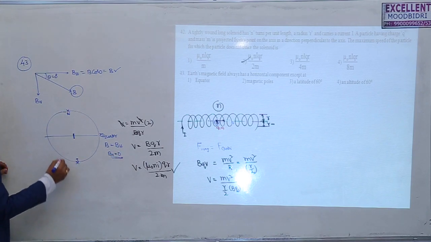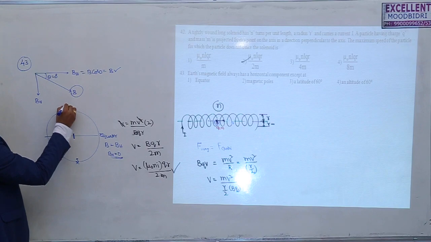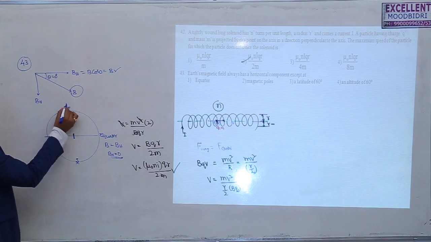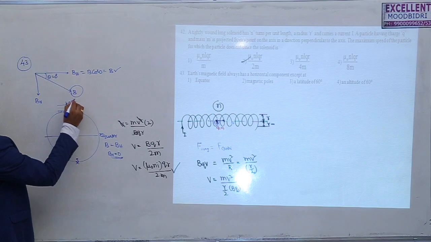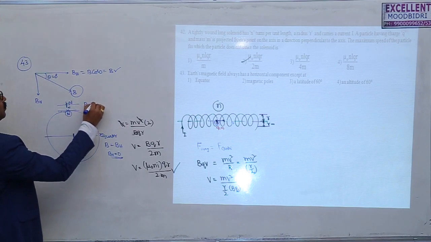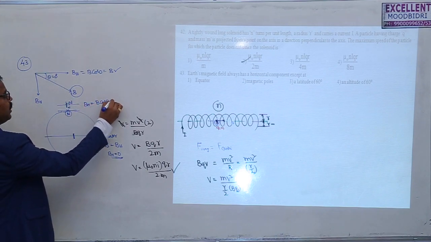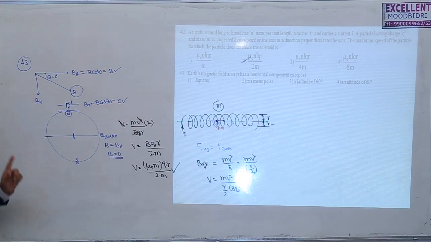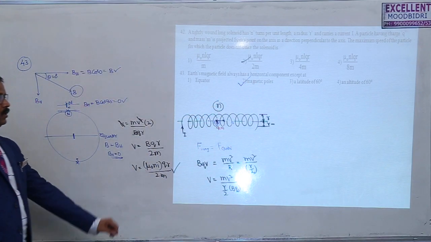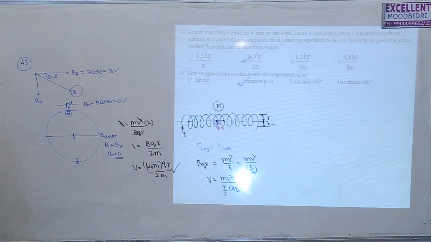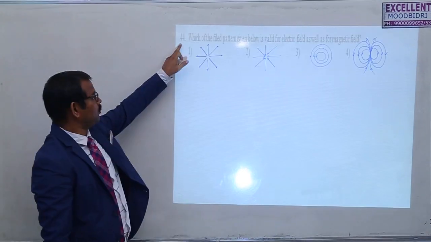But if you come to the north pole or south pole, and suspend a bar magnet, the north pole of the magnetic needle will point toward the north pole of the earth. So it makes an angle of 90 with the surface of the earth. Then BH will be B cos 90, which is equal to 0. So at the magnetic poles, either north pole or south pole, the earth's magnetic field will not have any horizontal component.